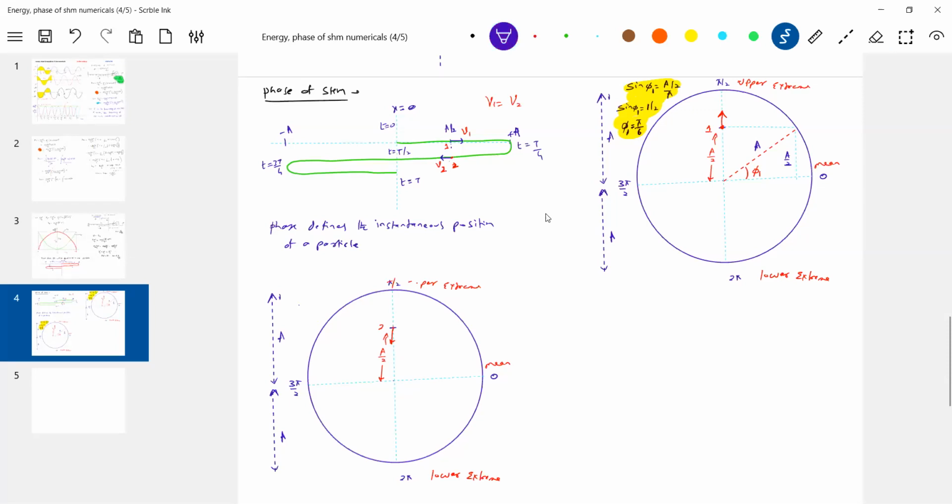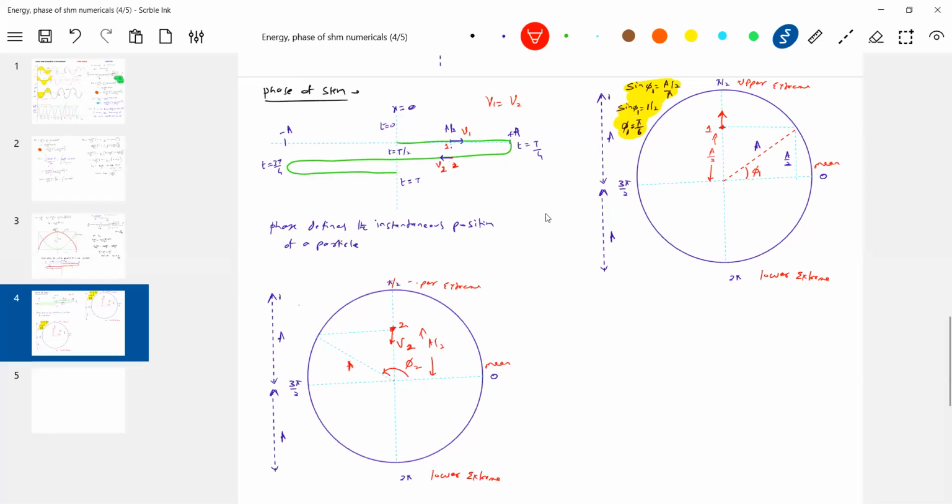The particle, right, there are so many things. Come for this one. Where the particle will be here, no? So what is the phase? Now we should define it in this way. So this is particle 2. This is the phase of the particle, phi 2. What is the distance? This is A by 2.